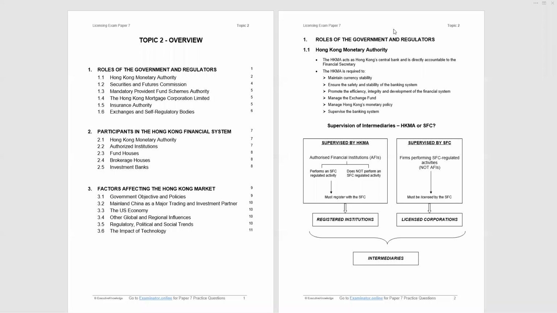Welcome to this short executive knowledge lecture on Topic 2, Paper 7 of the SFC licensing exams. This topic covers the financial system in Hong Kong, and we'll be looking at the roles of the government and regulators, participants in the Hong Kong financial system, and factors affecting the Hong Kong market. So it's very Hong Kong specific. I will emphasize the important points to help you understand the core material you need to know to sit the